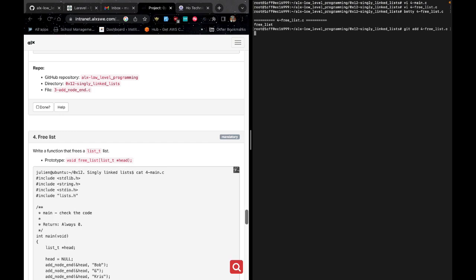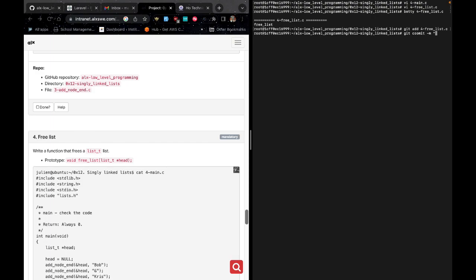It is because I don't want to push my main.c files to GitHub, because in the statement of the task we are being asked not to push our main.c files because it will not be considered. They will use their own main.c files during compilation for us. So once you are done, hit enter, then type git